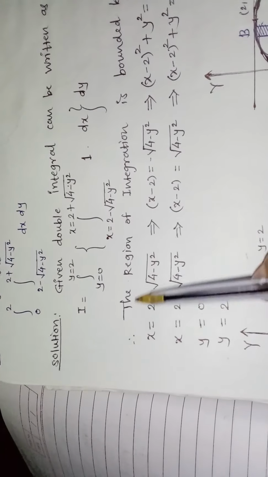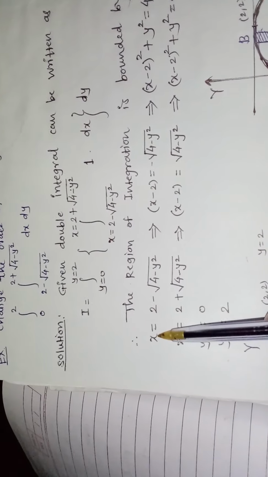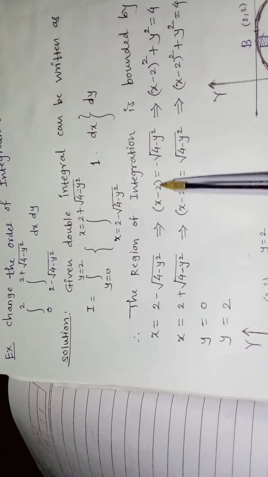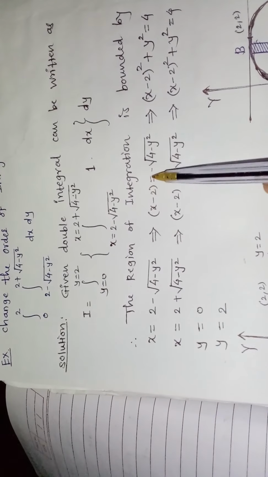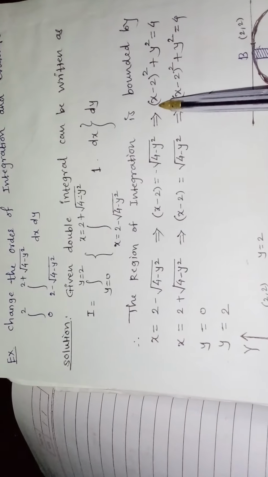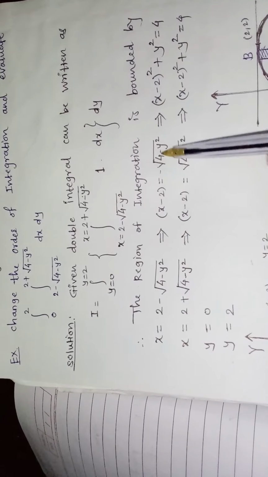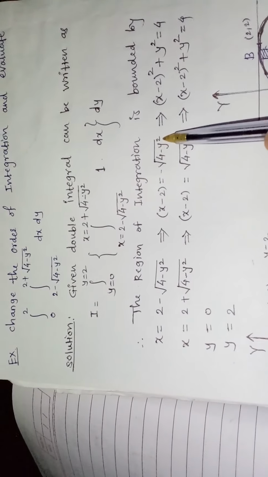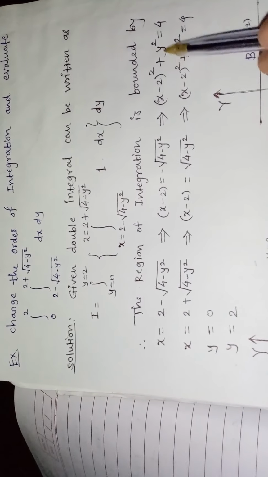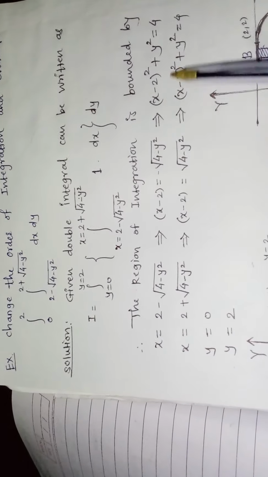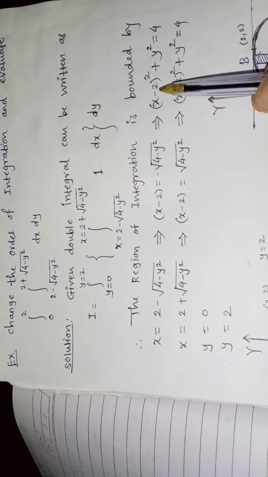Now we are writing these given curves in the standard form. If I take the 2 to the LHS, then I will get x minus 2 equals minus square root of 4 minus y square. After that if I square both sides, we will get (x minus 2) bracket square equals 4 minus y square. And after taking this minus y square to the LHS, we get (x minus 2) bracket square plus y square equals 4. And we know that this is the standard form of a circle, having center (2, 0)